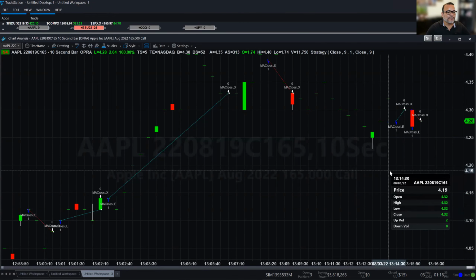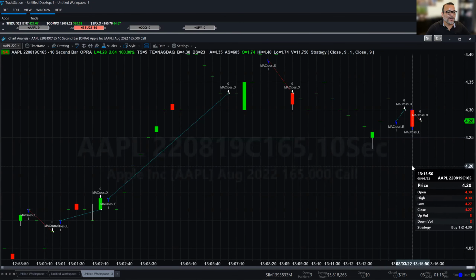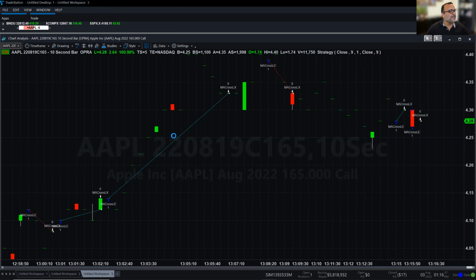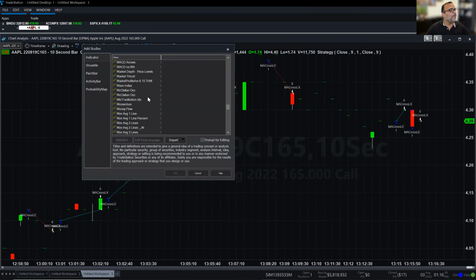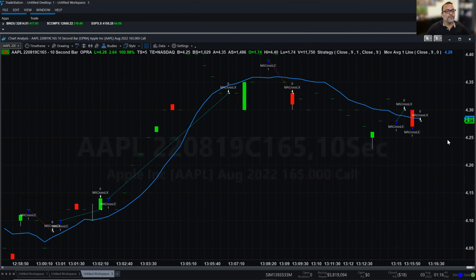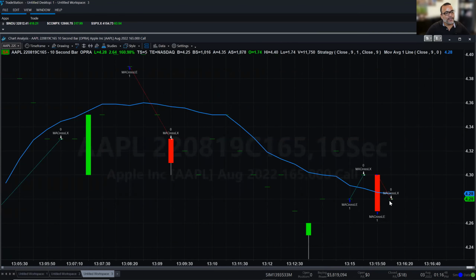It's not going to trade as frequently as the stocks. So it could be a while before we get a trade here. But based on this, it seems like it's going to work. Let me go here and add studies. Moving average 1 line. There we go. Right here at the very end, you can see that we had a crossover on the bottom